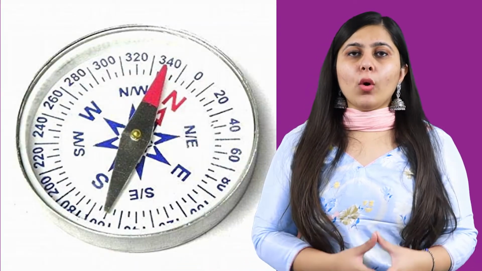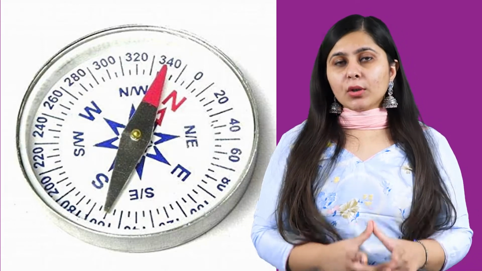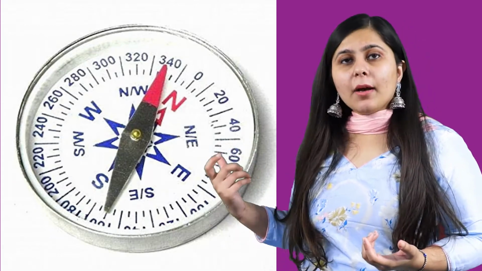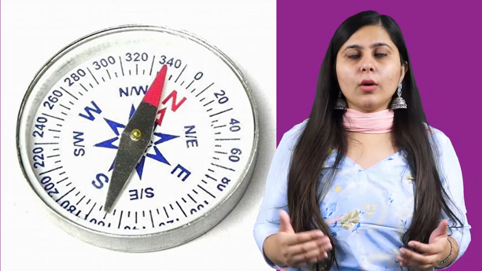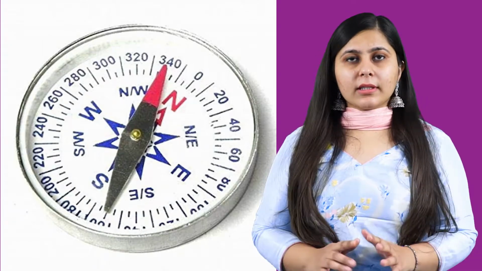And now the second thing, that is the magnetic compass. I'm sure we all have played with this, because we used to bring a magnetic compass, and we used to give directions to our friends that we are in the north direction, and another group of friends will find us. So a magnetic compass tells us about the direction, that is north, south, east, west. So I hope it is clear what the different types of magnet are, and what things use magnets to carry out different activities, such as the magnetic needle and magnetic compass.